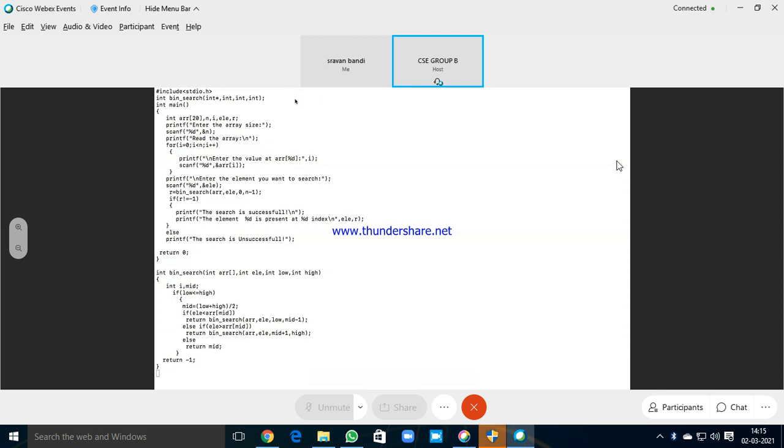So what we'll do is, you have completed merge sort also or quick sort? Is quick sort completed or merge sort? Yes, merge sort is completed. Okay, quick sort did not complete.